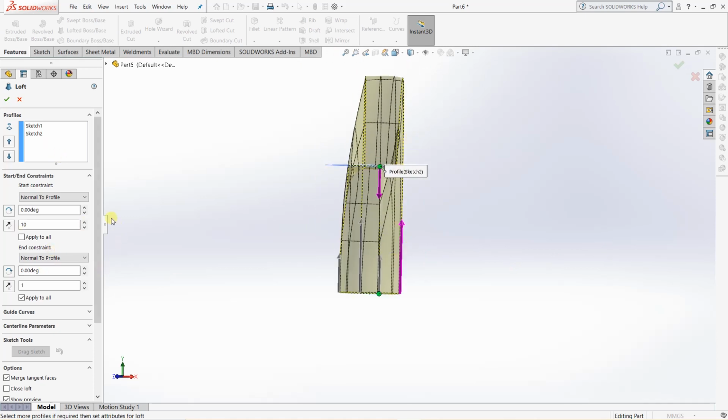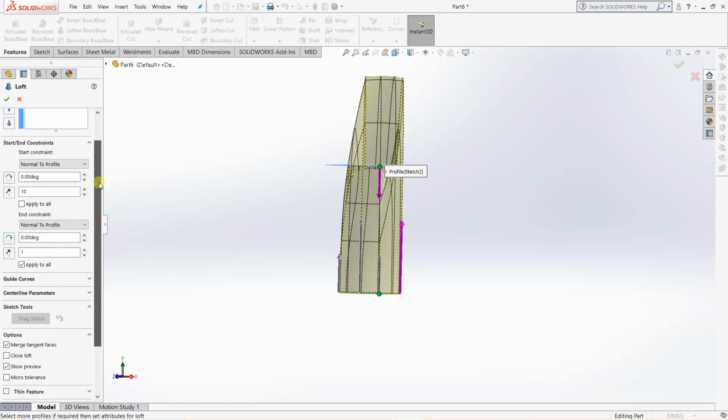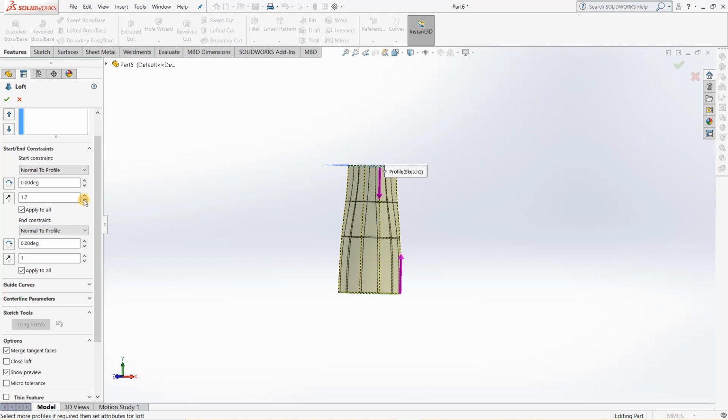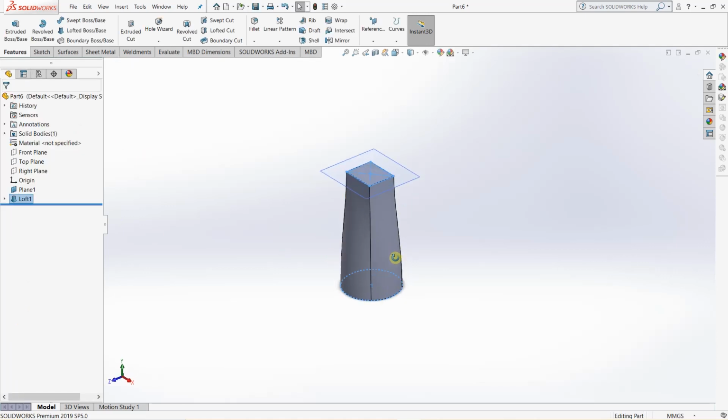So I think that's all in the loft command. One more thing to say is the thin feature. If you just click on OK, it will create a solid part.